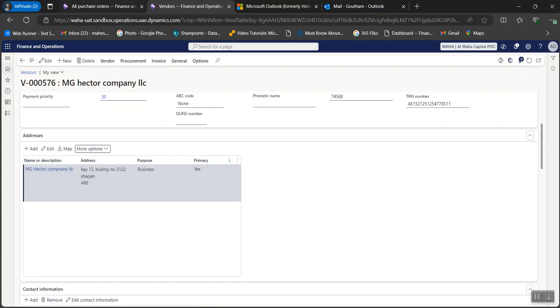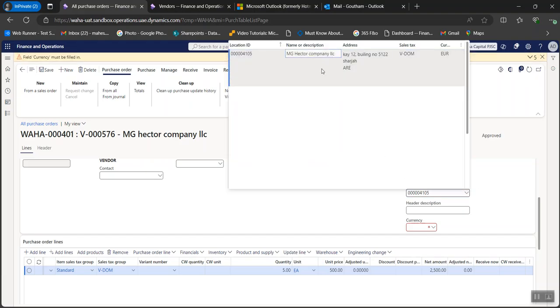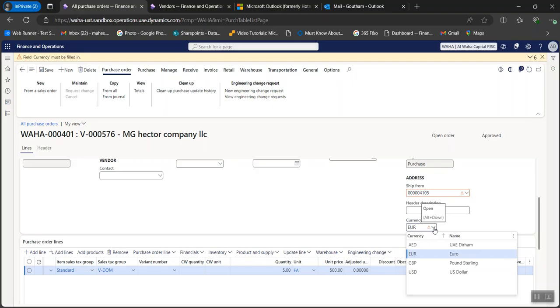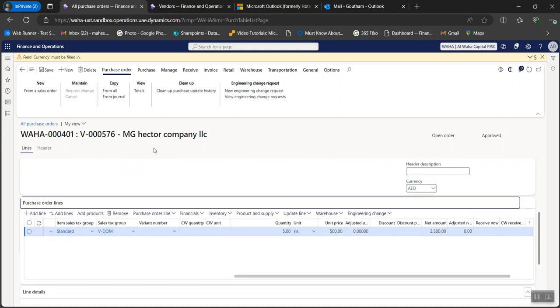Now if I go to this particular page and refresh, it's not updated, right? So you will select from this particular screen and it will be updated. In case you want to modify the currency, for example instead of euro, if they have billed in AED, you will select the currency as AED. Okay, and you will click on save. So once you click on save, what it will do,